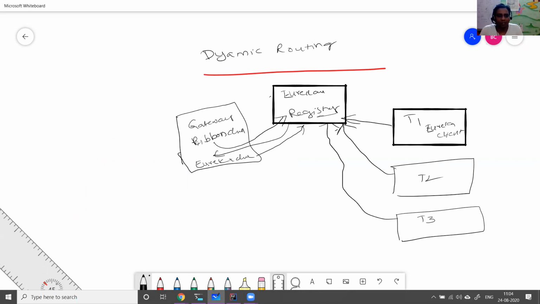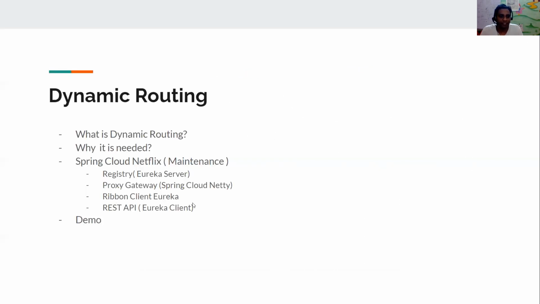Only one deprecated or maintenance component here we are using is Ribbon client. So this is under maintenance. This project is under maintenance, but Eureka registry is not under maintenance. You can go ahead and use it. You shouldn't use Ribbon client for newer development. What you should use, I'm going to cover it in the next video. The thing is Spring Cloud Load Balancer. There is a Spring Cloud Load Balancer component which plays the role of a Ribbon client. You should be using that.